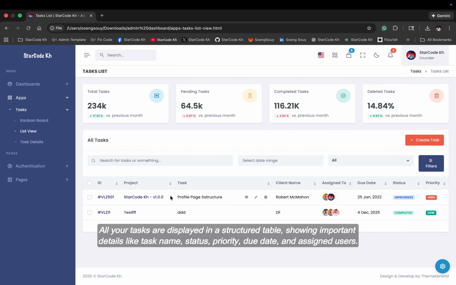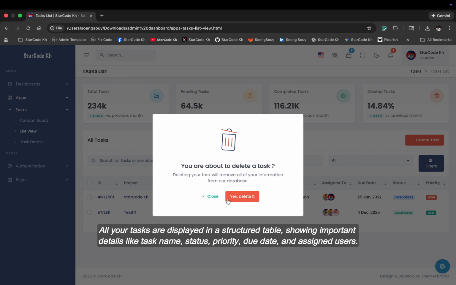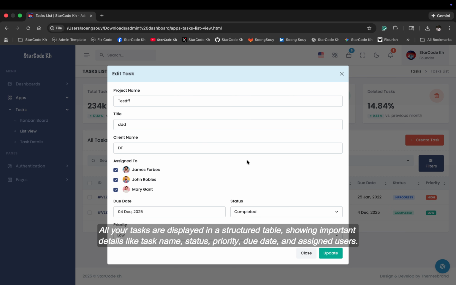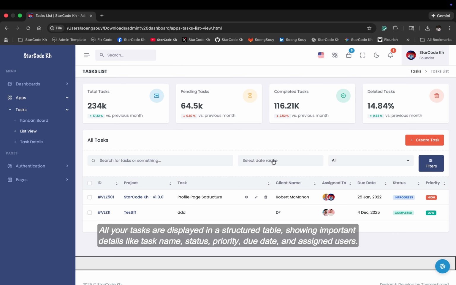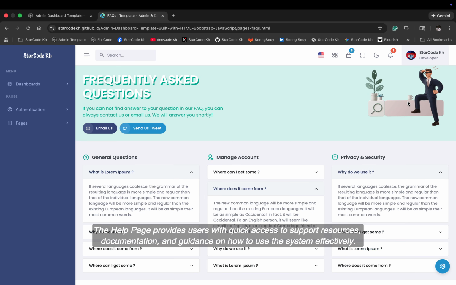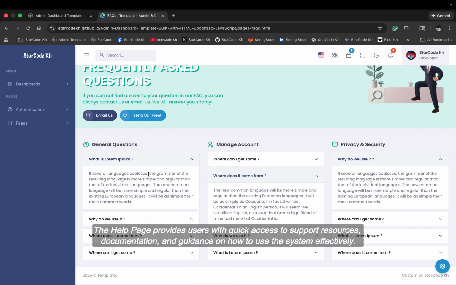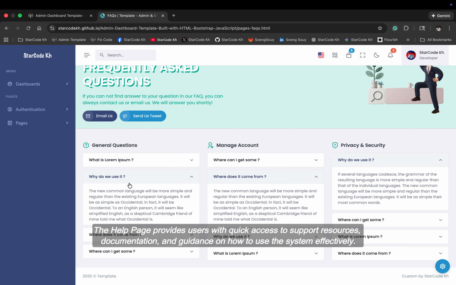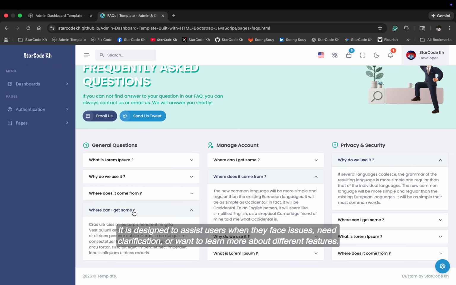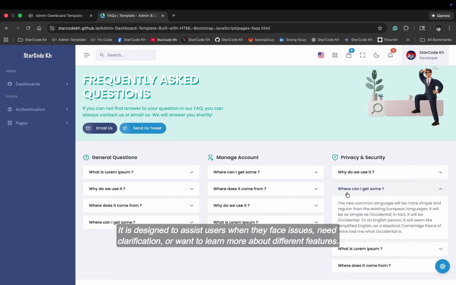All your tasks are displayed in a structured table showing important details like task name, status, priority, due date, and assigned users. The help page provides users with quick access to support resources, documentation, and guidance on how to use the system effectively. It is designed to assist users when they face issues, need clarification, or want to learn more